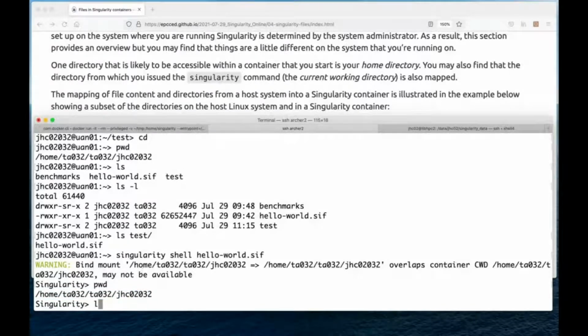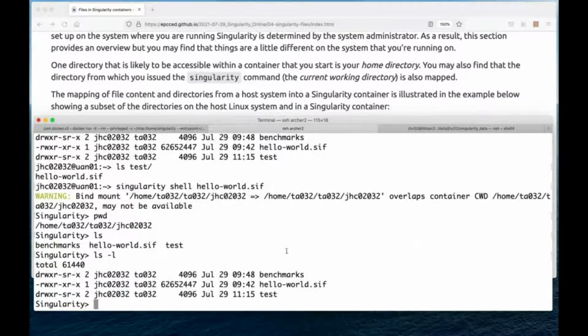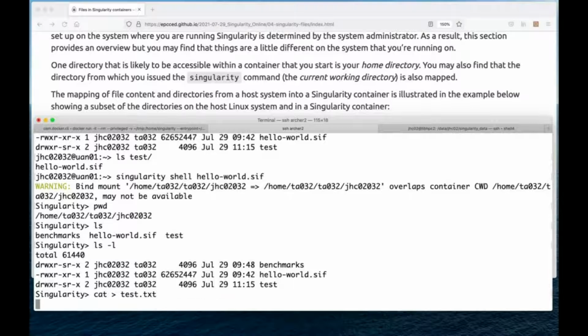And if I do an ls, I can see the same set of files, same directory. And so let's say that I choose to create a file in there. I'm just going to use cat to generate a file. Let's call it test.txt. So we just create some test files. So I'll just say this is